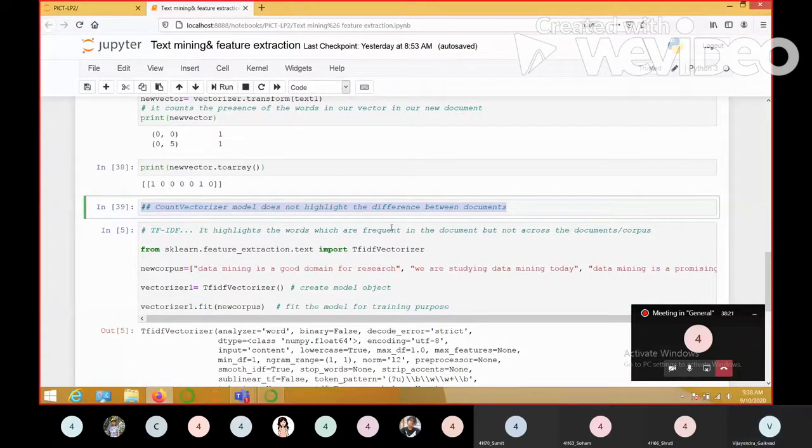And in today's day and age, we want customized services, isn't it? If I am interested in news of cricket, I want only those notifications. Understood? So in that case, count vectorizer is of no use to me. It is not highlighting the difference between documents.